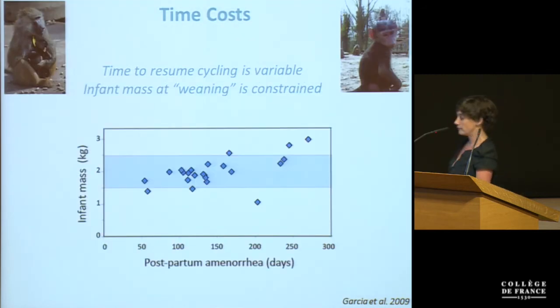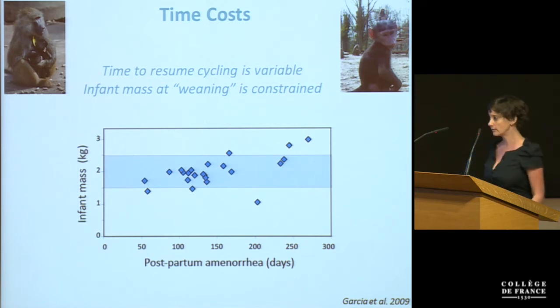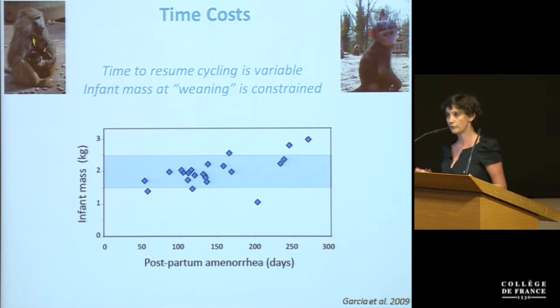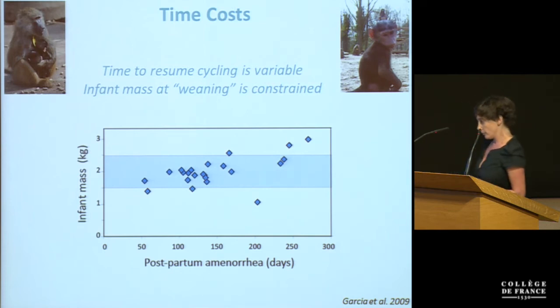So to illustrate this, here are the results of a study that we conducted on 23 captive female olive baboons in a CNRS research station in the south of France. The aim of this project was to explore the impact of energetics, of social rank, and also infant growth profiles on maternal reproduction. So on this figure, you have infant mass on the Y and the duration of postpartum